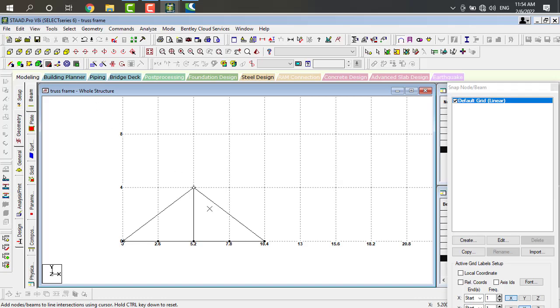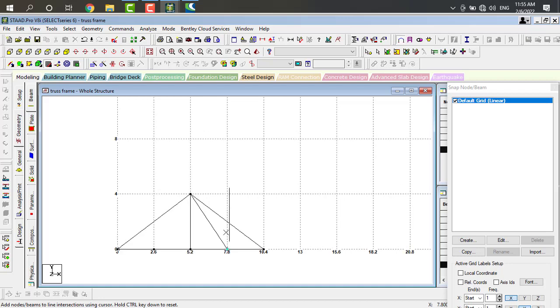Again, align with the grid mode. Again I want to combine this like this, and again it will be connected to this truss midpoint. Just turn off this grid mode. When we turn the grid mode on and off, the cursor will be activated again and our beam will be added like this.